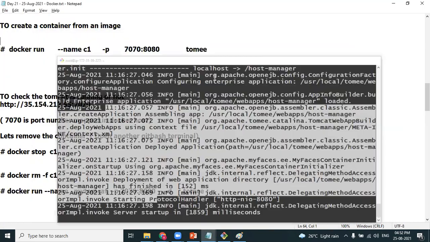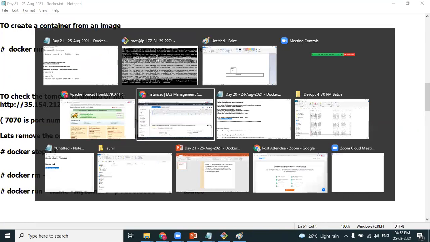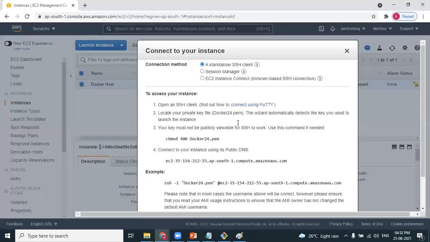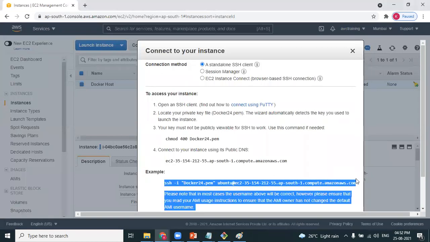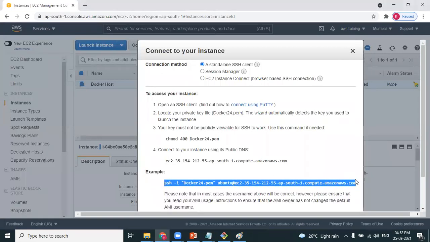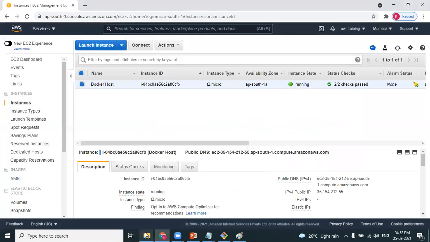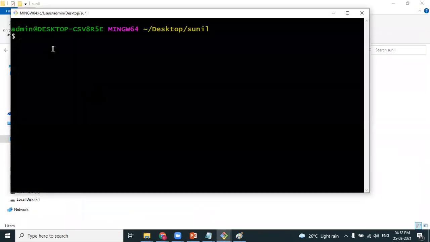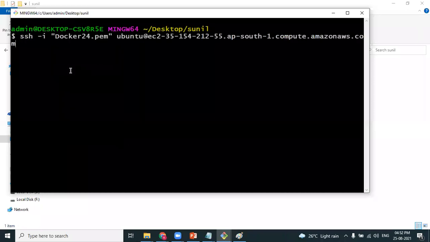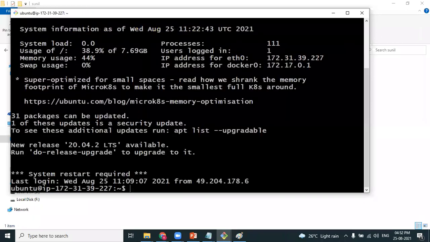So what I'll do, I open one more terminal. I'm opening one more duplicate terminal and I am connecting to my Docker host.